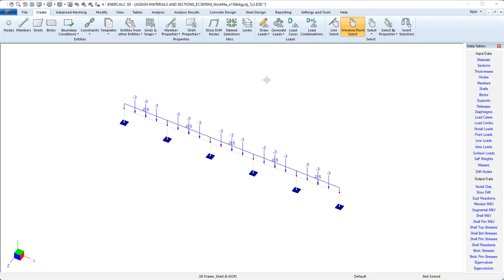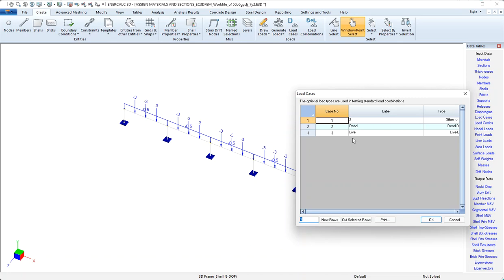EnterCalc 3D has a powerful tool called pattern loads that allows us to automate the process of skip loading a structure like the one we see here that has multiple members in a line and would be subject to alternate span loading and loading of adjacent spans on either sides of supports to maximize things like shear and moment and deflection. So to see that tool in action, first let's just come up to load cases,